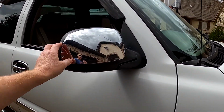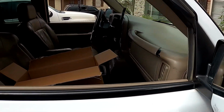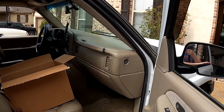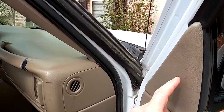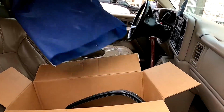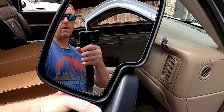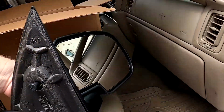mirror. So the mirror is this piece, it hooks into this piece, and that black solid piece there. To replace it, you have to take this off, and there's some bolts under there you have to remove. I bought a new mirror online, and here it is right here. You see me in the mirror? Anyhow,